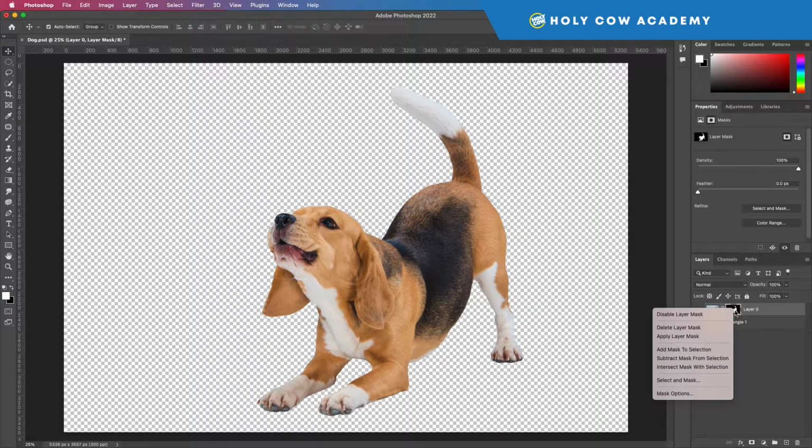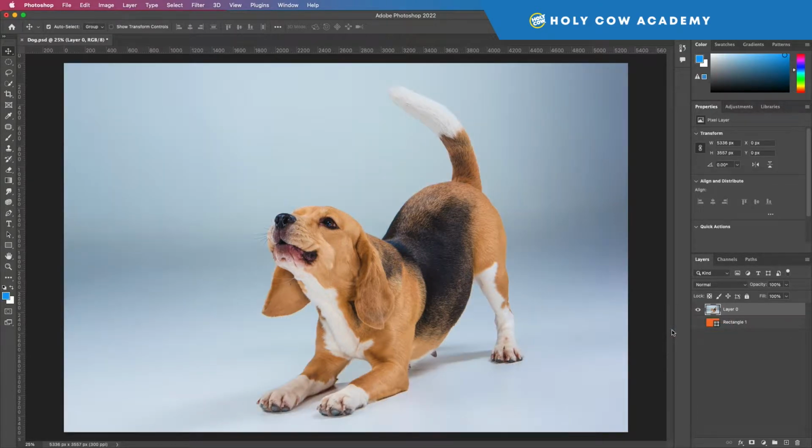So what I'm going to do is delete this layer mask. Even though it took a really long time to get this clean, I'm going to delete it anyway. And let's look at the original image. The original image is this. So let's look at some of our selection tools. One of the most basic selection tools is the rectangular marquee and the elliptical marquee tool, which basically allows you